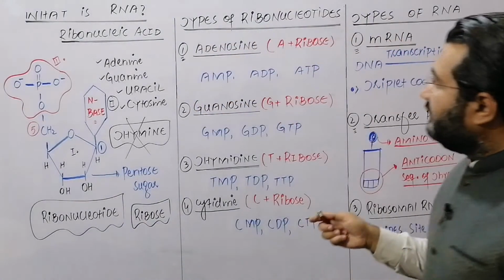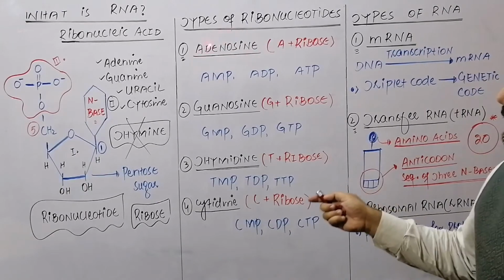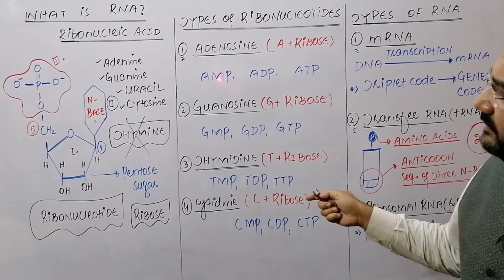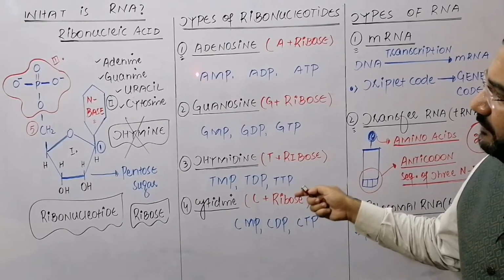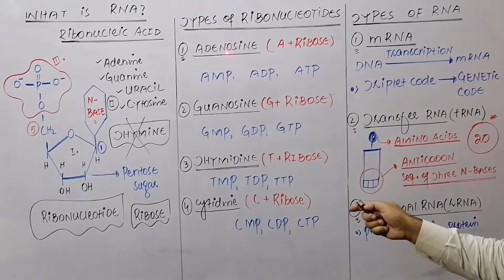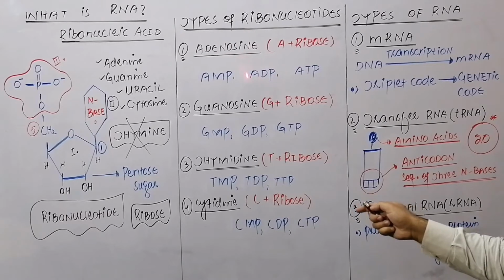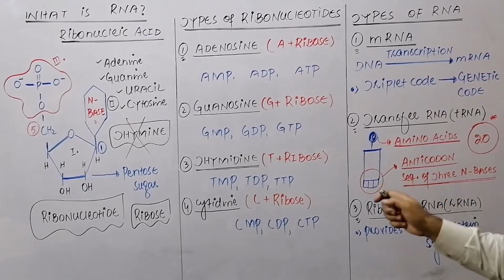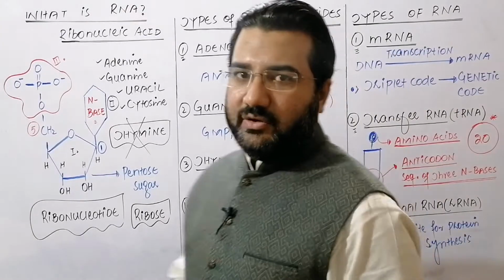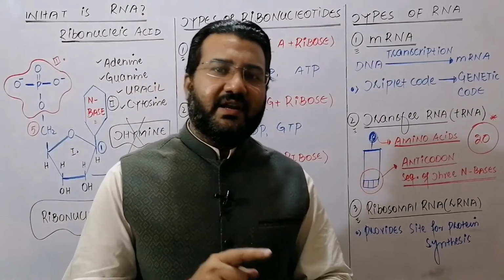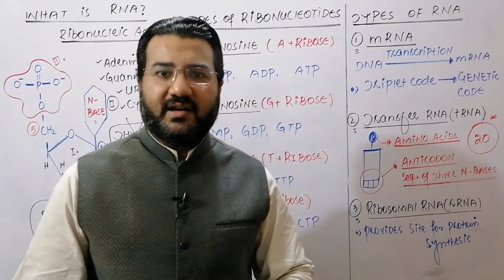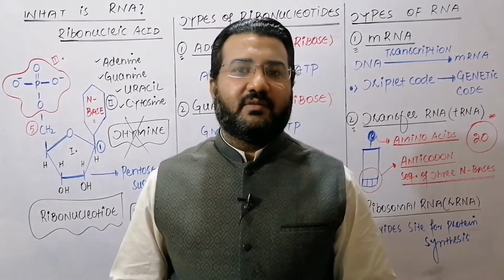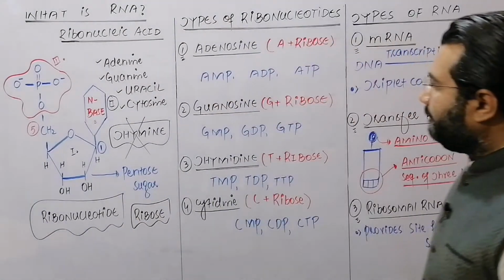And my dear student, when adenosine, which is a ribonucleoside, attaches with one phosphate group, then adenosine monophosphate, a ribonucleotide, is obtained. If adenosine joins with two phosphate groups, adenosine diphosphate, and when it joins with three phosphate groups, adenosine triphosphate, an ATP molecule, is produced. So ATP chemically is basically a ribonucleotide, and it is a source of energy. It acts as a link between catabolism and anabolism in the human body.